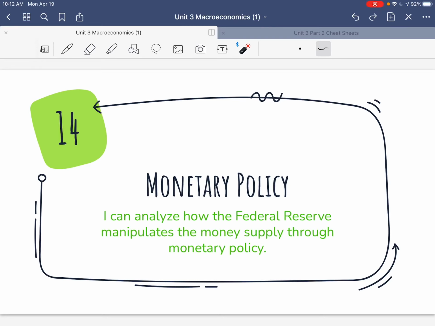Hey guys, today we're going to finish up monetary policy. We're going to learn expansionary or contractionary, and we're going to combine it with an ADAS graph. So we're going to take our money market graph, the graph that shows money supply, money demanded, and interest rates,